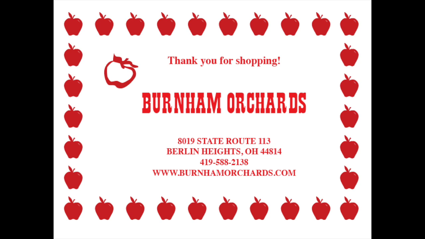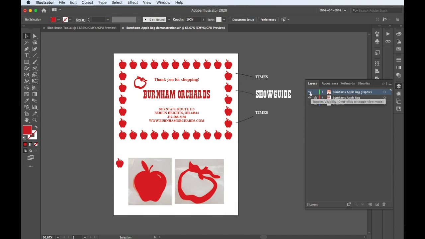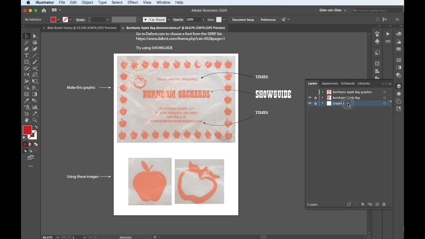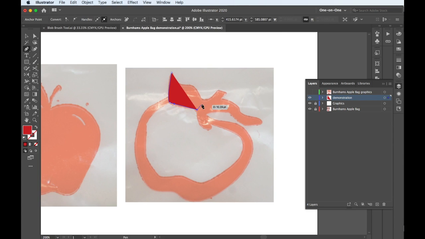This is kind of the finish with this border of this apple, and just showing you the graphics that have the two pieces to trace over. So when you take a look, just give yourself a new layer in order to modify this, and just using the pen tool is the easiest way, and trying to look through the illustration to see if you can create